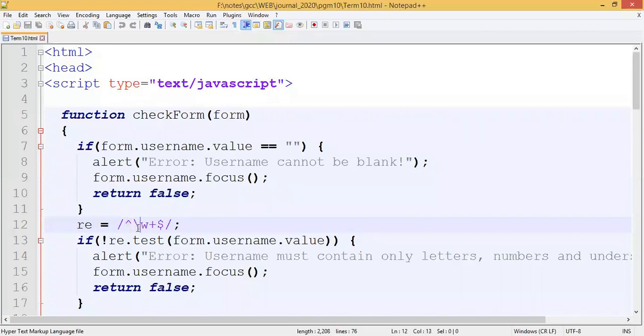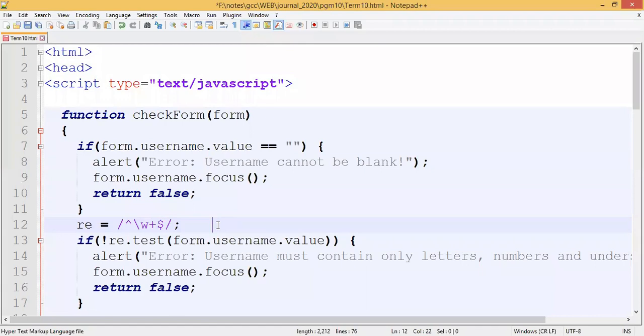This slash w indicates that it should find a word character. What is a word character? Word characters can range from small a to small z, capital A to capital Z, and underscore.